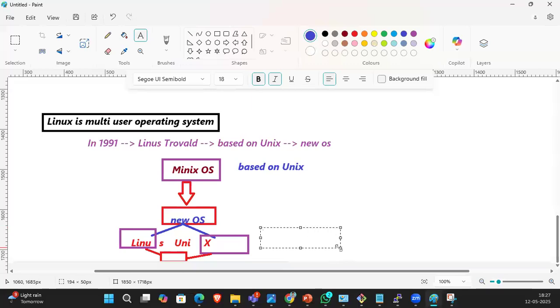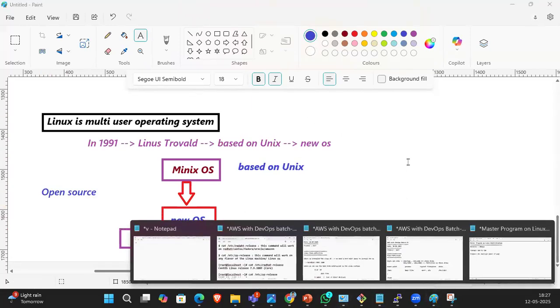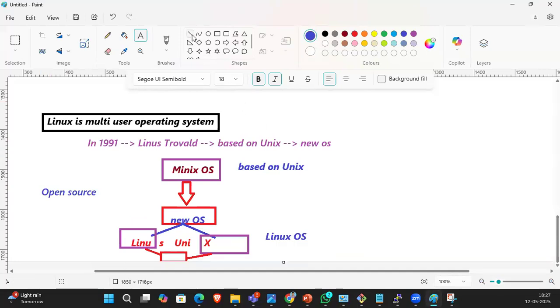Very good. So now Linux OS came into the picture, and he released this as open source. What is the difference between open source and commercial?